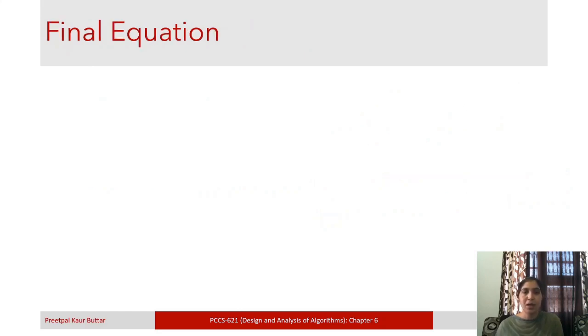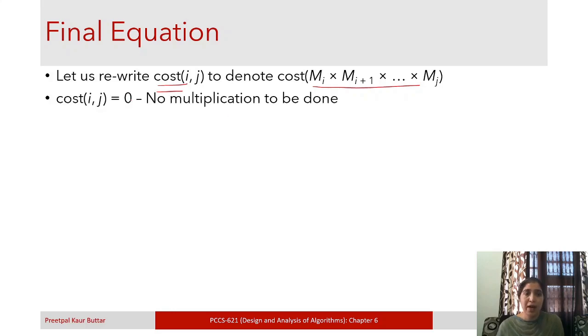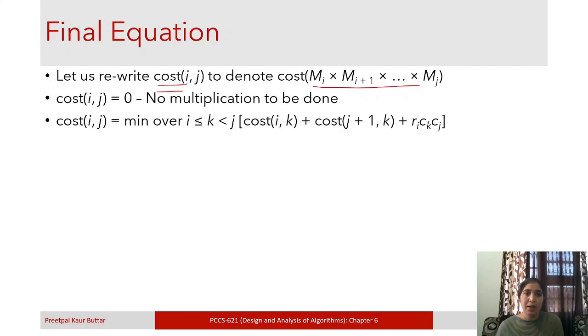Okay, so what is our final equation? Let us first rewrite this cost m_i till m_j by this shorthand notation, cost ij. Cost ij simply means the cost of multiplying the matrices starting from m_i till m_j. If cost of ij is 0, it means you are not doing any matrix multiplication. Otherwise, the cost of ij will be the minimum over k,